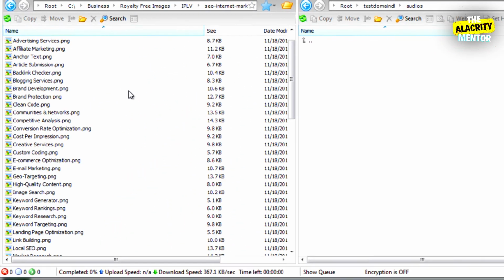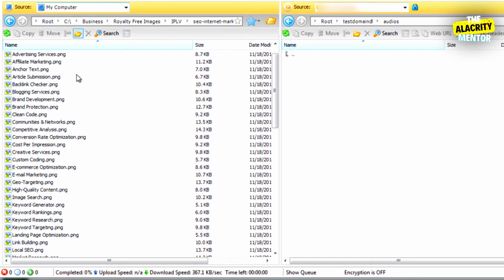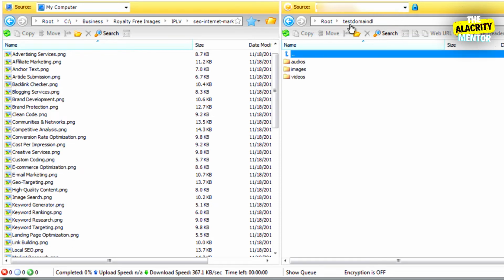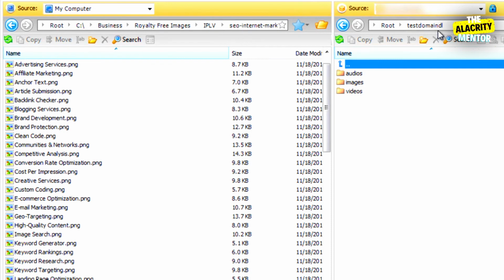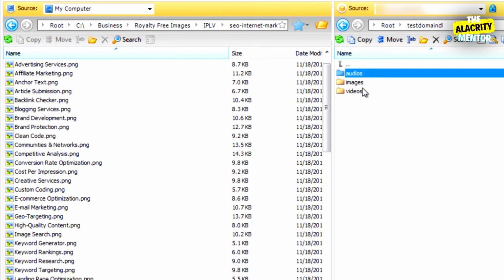The left hand side is going to be your computer. So you're going to click on source and choose your computer. You're going to find the location of your files on the left hand side. The right hand side is going to be your Amazon S3 account. Now you can switch them, but I like to keep my computer on the left and move files from the left to the right. As you can see here, we left it off where we did earlier, and this is my account, and I am under the test domain DL bucket, and we can see these particular folders.